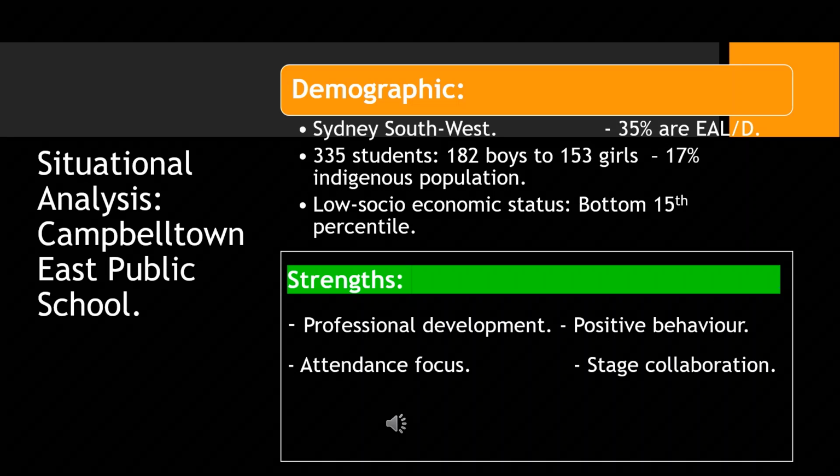The school thrives in professional development as webinars are promoted weekly in communication meetings. Moreover, teachers share lesson plans across their stage to ease the workload and teach with a plethora of strategies. The school also rewards students who have displayed positive behaviour and students who have reached more than 90% attendance in each term.